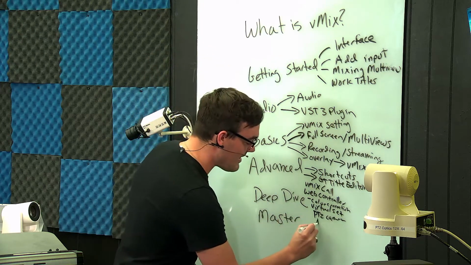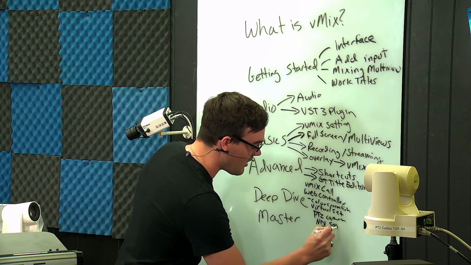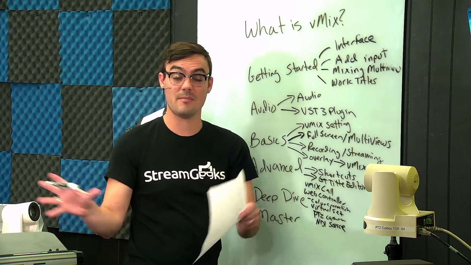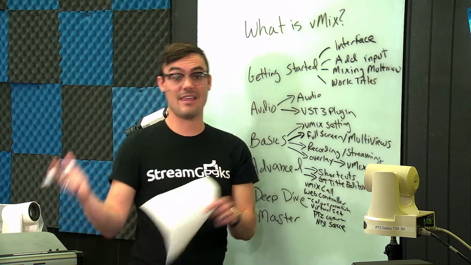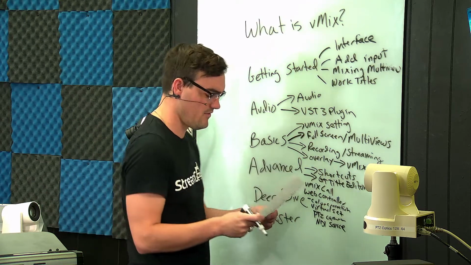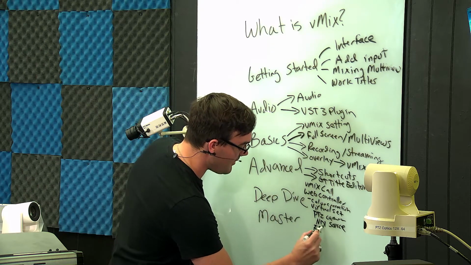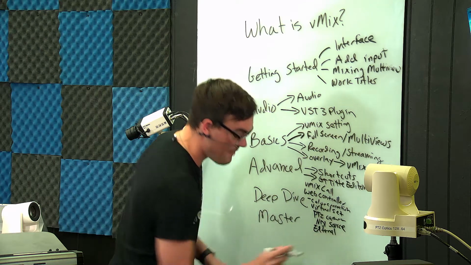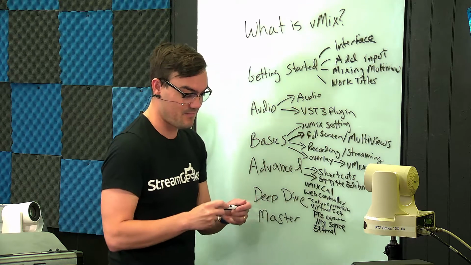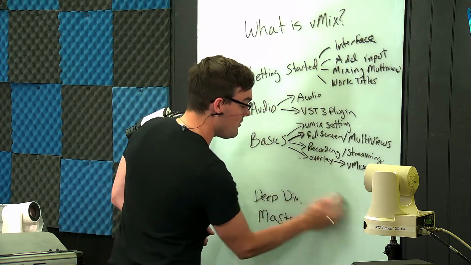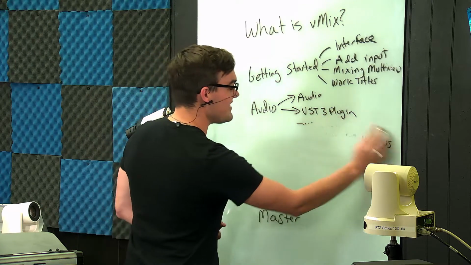We're going to talk about NDI sources. Those are IP video sources that allow you to connect multiple vMix systems together, NDI cameras, and a whole IP workflow of solutions that are available. We'll talk about the external output. The external output, I'm going to have to erase some of these because we're getting so deep here. We've gotten all the way to the deep dive at this point. Then we're going to use the external output, which is basically like a